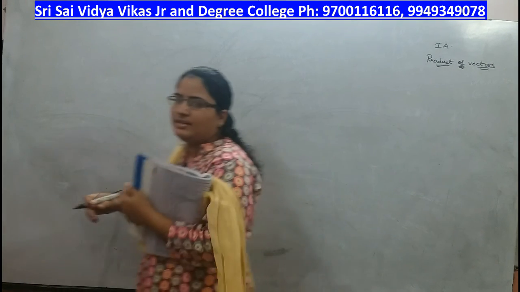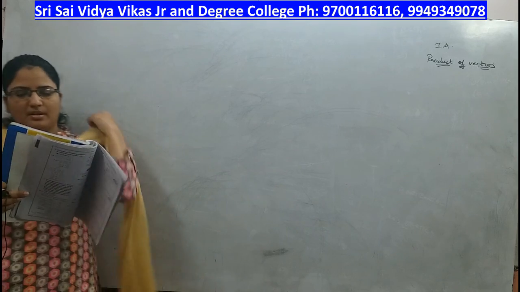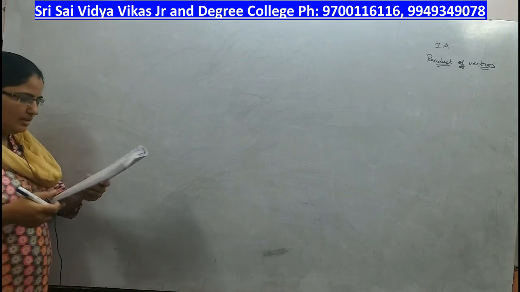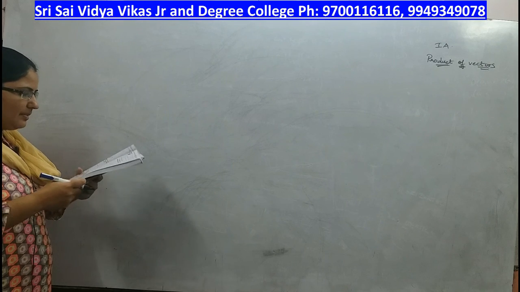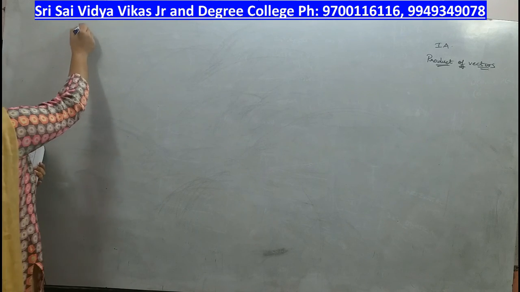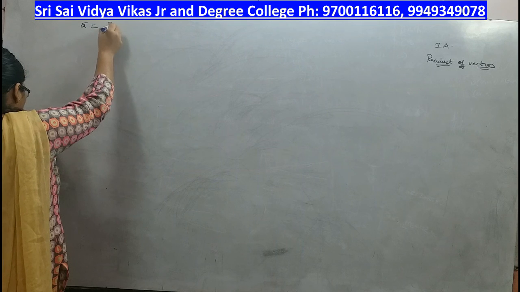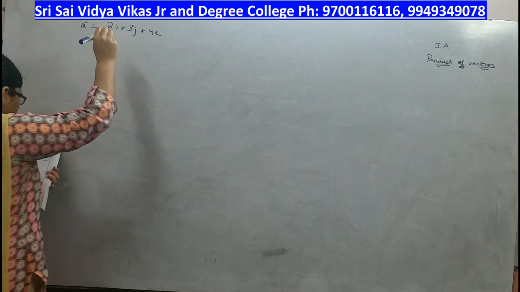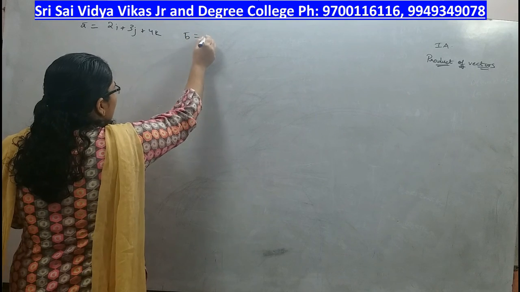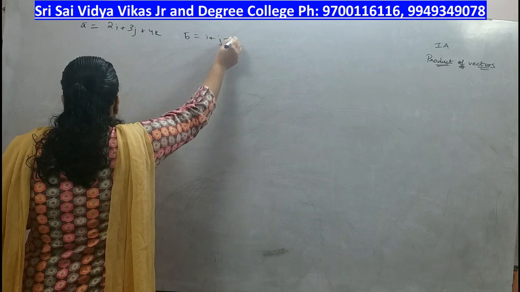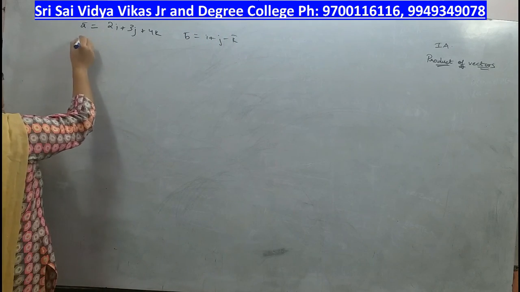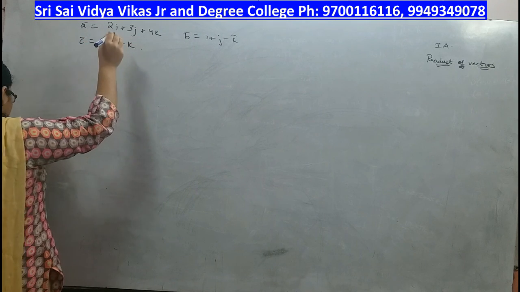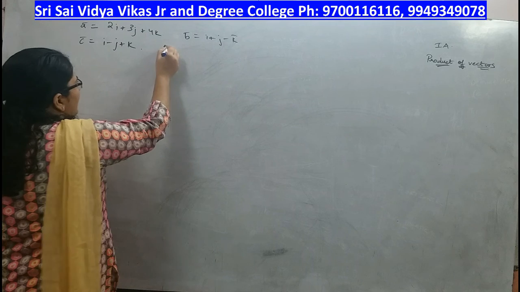Let us discuss the next set of problems in 1A. You have a bar equal to 2i plus 3j plus 4k, b bar equal to i plus j minus k, and c bar equal to i minus j plus k. Then compute